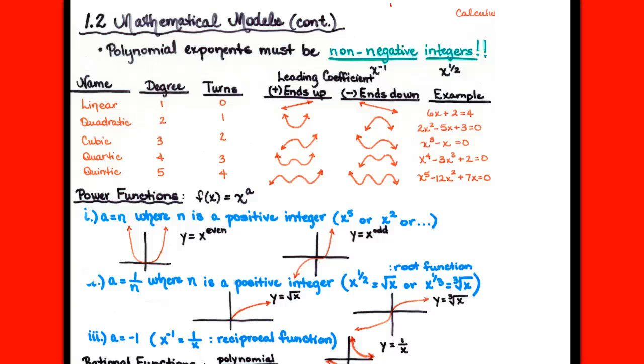Right, so we are looking at the second half of section 1.2. First half of this section, we were looking at math modeling and about how we could take information that they give me in a table or in a chart or in a graph, and how we could use the multiple representations of that information. So we were most often taking the information they gave us in a table, and we were putting that in our calculator and graphing it and doing a regression to try to fit an equation to